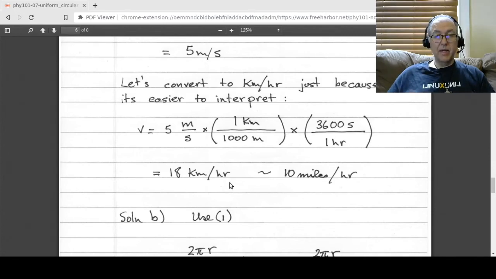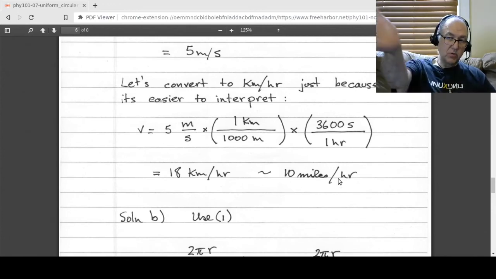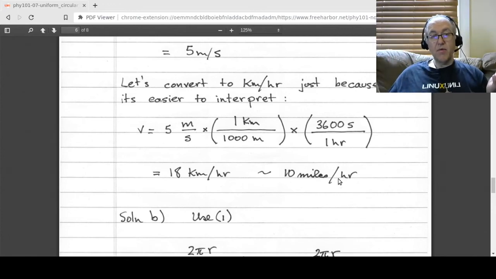The speed limit in a city is 50 kilometers per hour or 30 miles per hour. If you convert 18 kilometers per hour, it's roughly 10 miles per hour. So again, it's a realistic problem. You really can't go around corners faster than 10 miles per hour. If you try to turn a sharp corner, you won't be able to. In fact, when you do go around corners, generally you even try to make it as smooth a turn as possible. You might make your radius even bigger than 5 meters just to make sure that everything